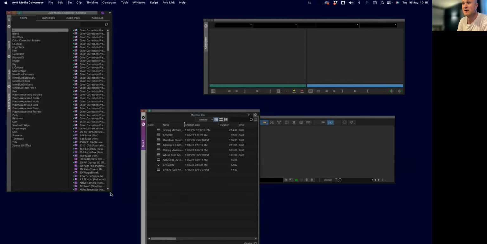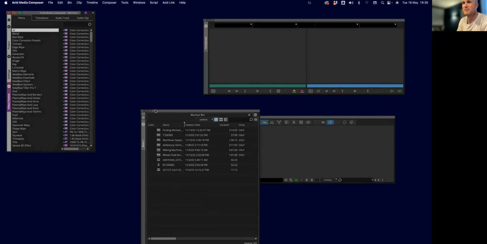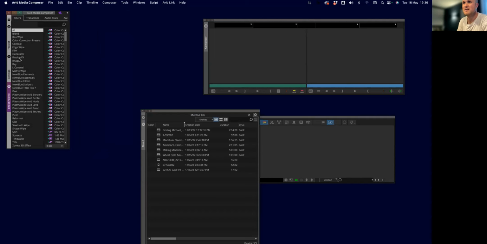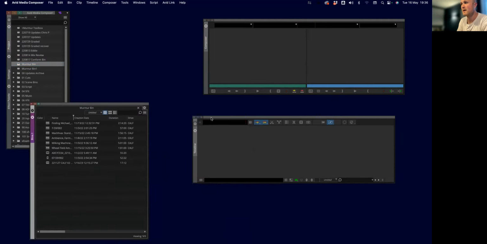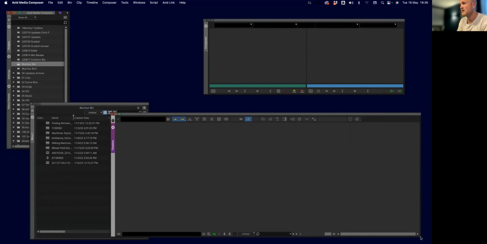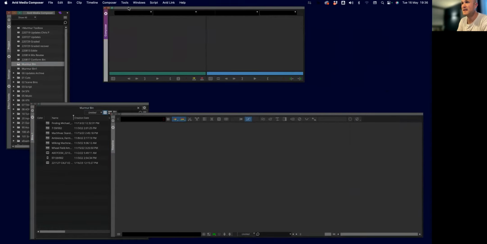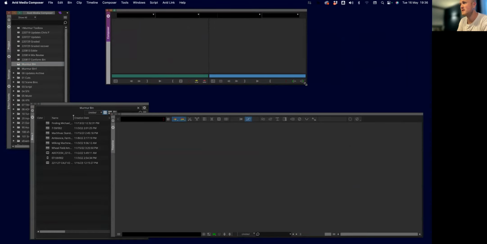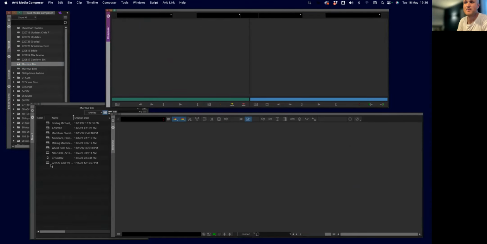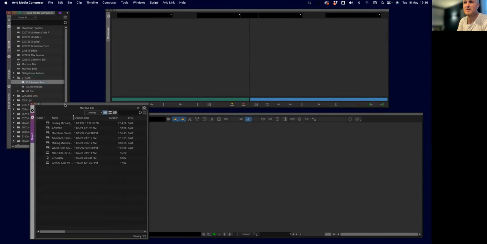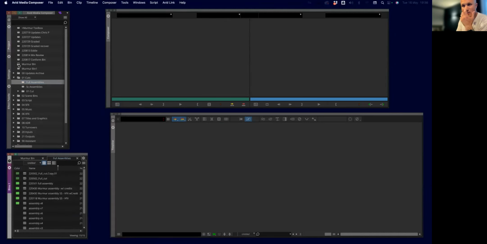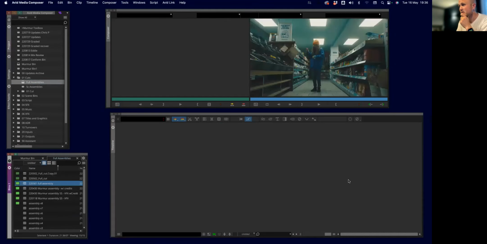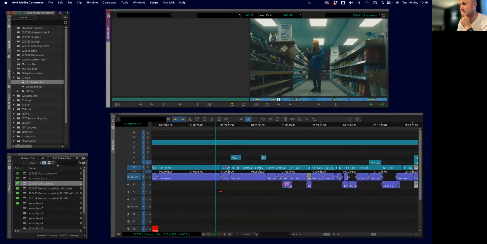We could arrange all these however you like. I can make my project window nice and small over this side, put this anywhere I like, put the bin wherever I like. I can make these bigger. And there you have an interface much more like what you're used to using. Let me open a sequence so you can see that. I'll put this bin much smaller down here. Let's open up this sequence here. So there we go. Timeline,